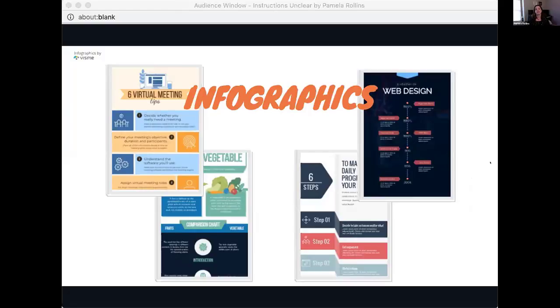Infographics are the perfect combination of images and text, because that really is what an infographic does. It takes a more complex idea. It doesn't necessarily simplify it, but it communicates that message with a limited amount of text and includes visuals. And I'll look at some examples in a little more detail as we go along.